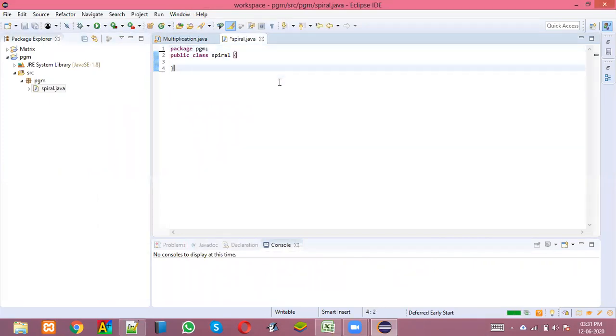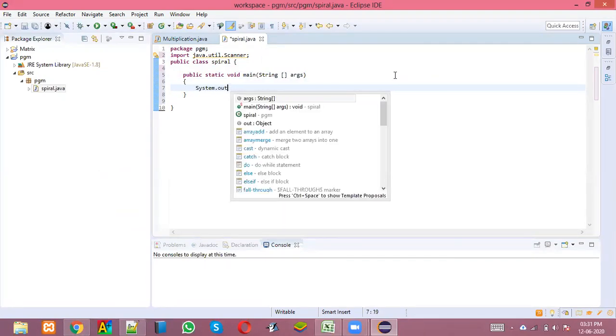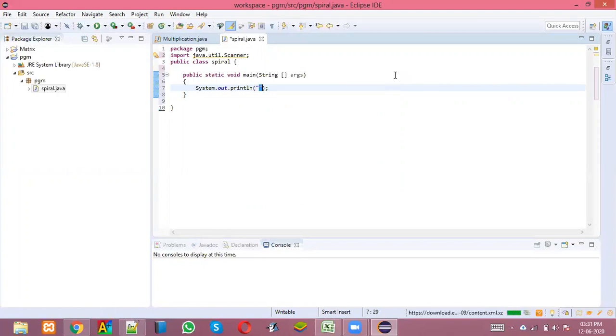Okay, regarding this class, first of all, so as not to forget, I have to import the Scanner class because I need to get the dimensions from the user. What is the n value I need to get? So for that I am going to import the Scanner class. Now I'll finish my entire task in one function, the main function. So I'll write public static void main String args. Let me just welcome the user. We'll just say, Java spiral pattern.